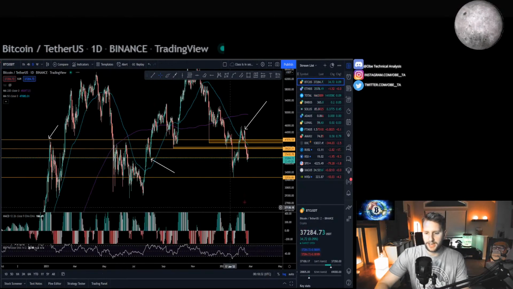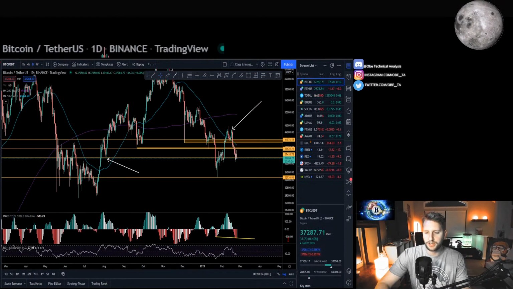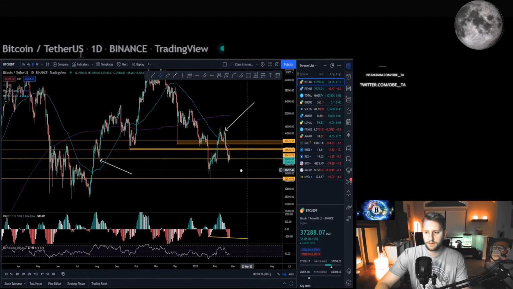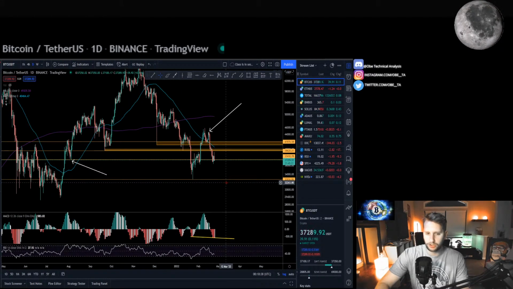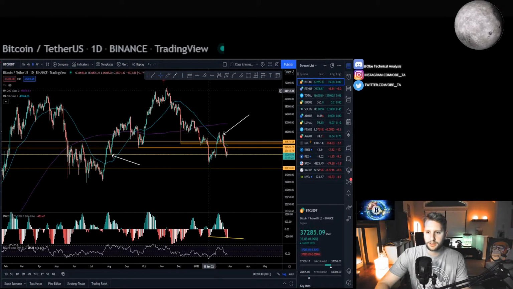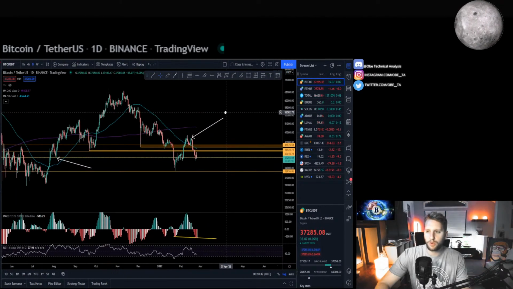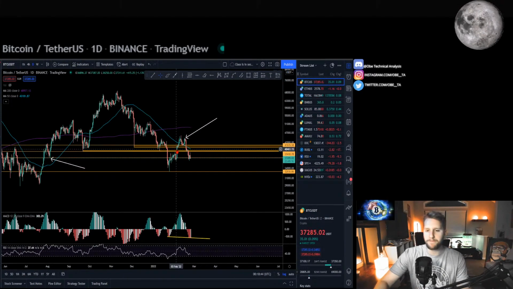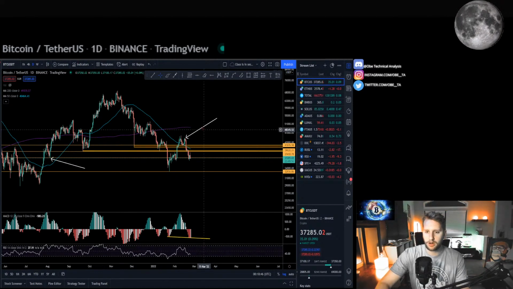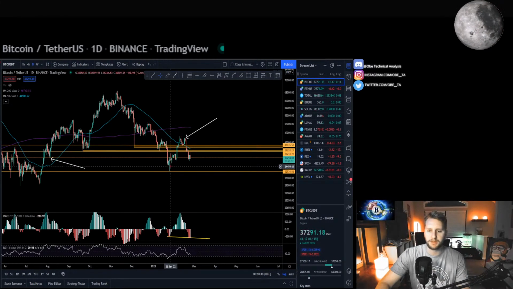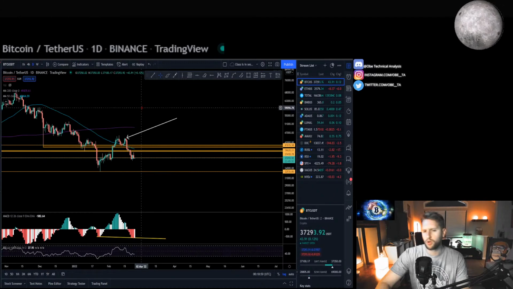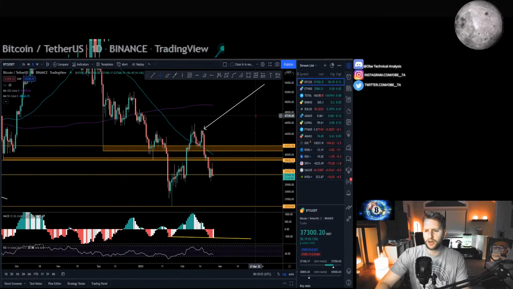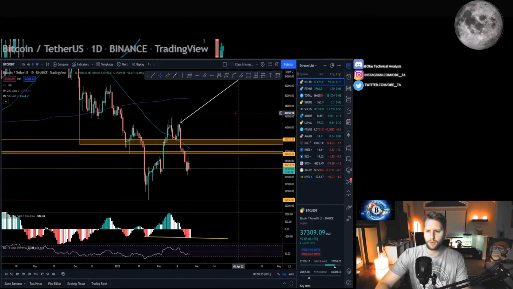33,000 is the next level that we want to look for, just so we can get any kind of edge or something, get some divergence or something down there, right? That's what we want to look for. And at this point, it looks like it's starting to enter into a Wyckoff accumulation phase, with this being the selling climax back on January 24th. Still monitoring that. Seems to be following pretty well.